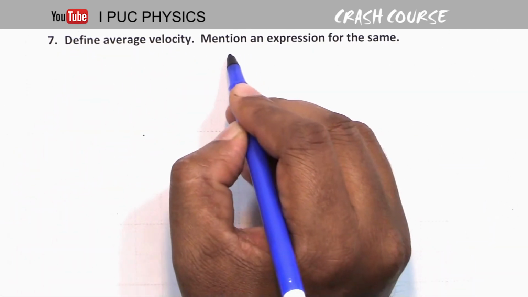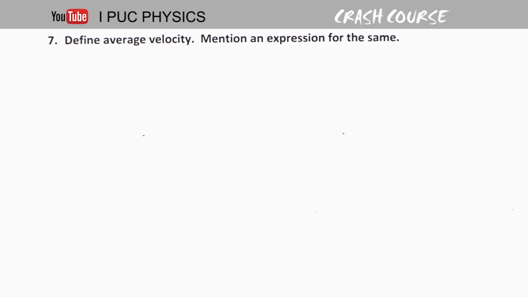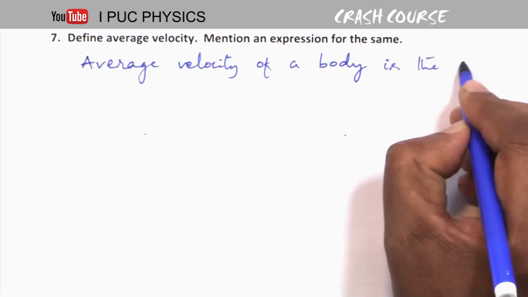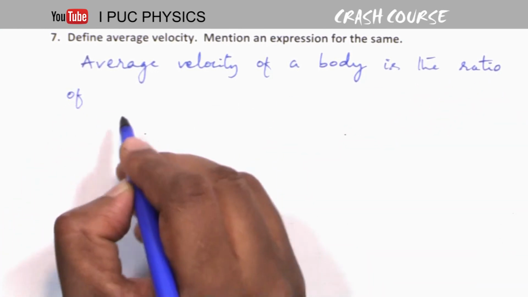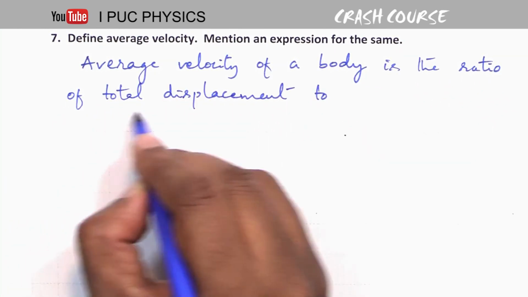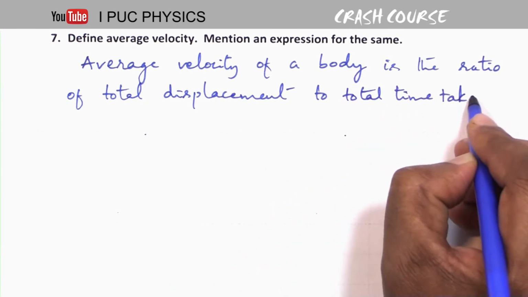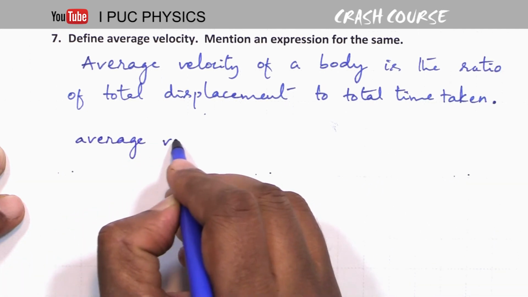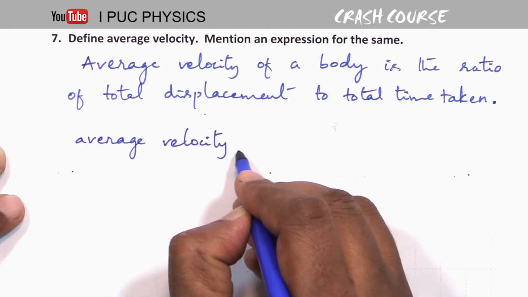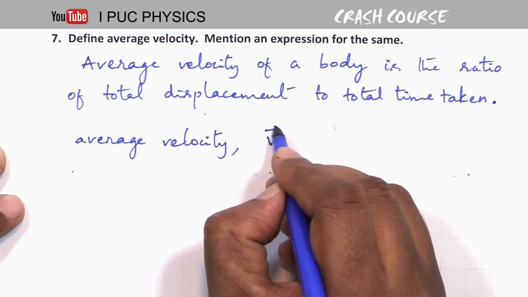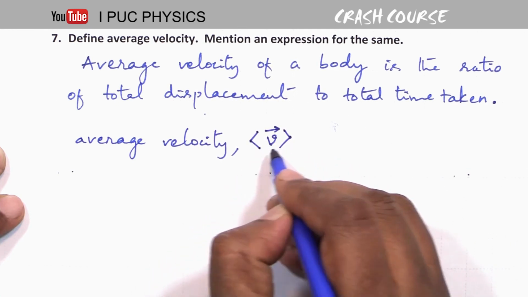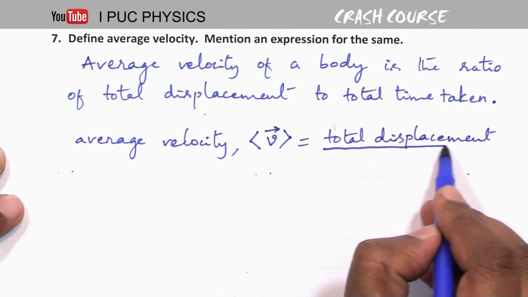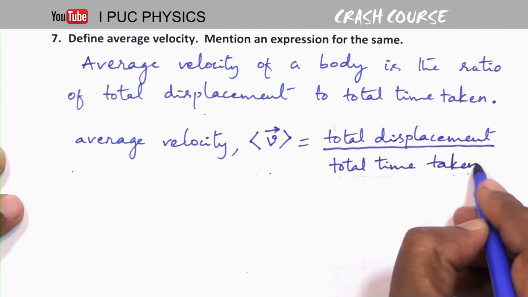Define average velocity. Mention an expression for the same. Average velocity of a body is the ratio of total displacement to total time taken. Therefore, average velocity, denoted by V average, use angular bracket, equal to total displacement by total time taken,